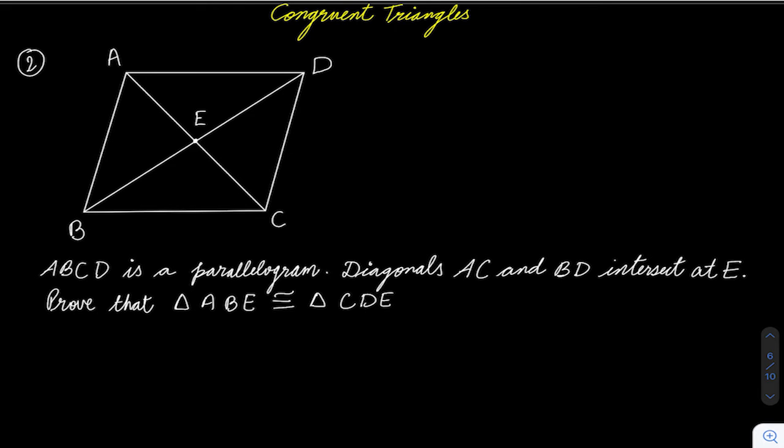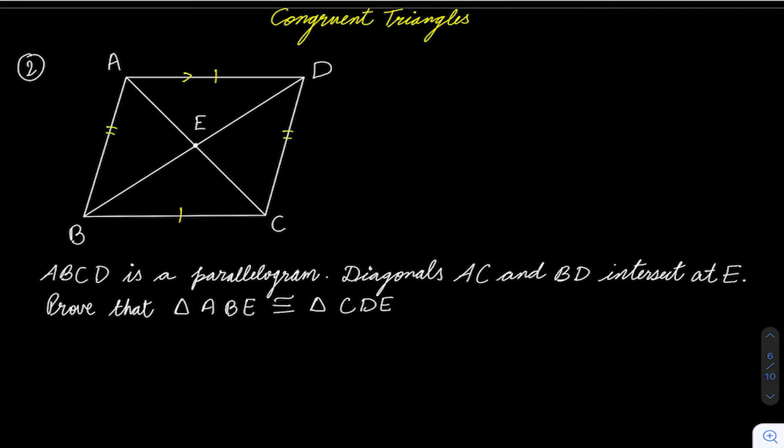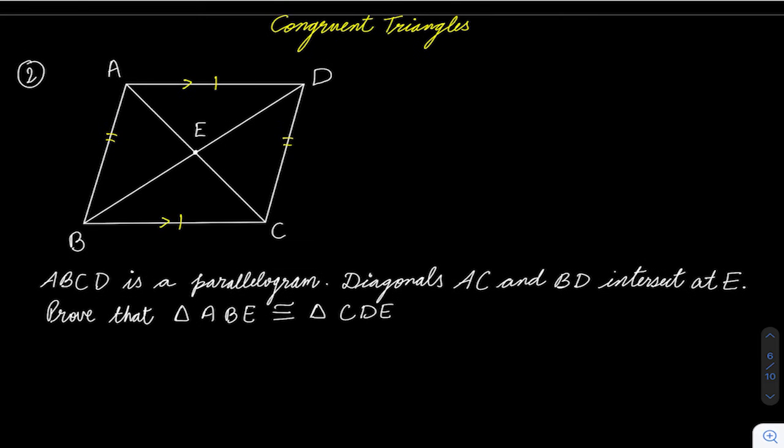What I do in these kinds of questions, whenever you are solving questions based on similar or congruent triangles, is first mention all my information in the diagram. So ABCD is a parallelogram. What does this mean? It means opposite sides are equal. So AD is equal to BC, CD is equal to AB, and the opposite lines are also parallel. So this is parallel to this, and this line CD is parallel to AB. So this is all my information that is given. First I write this in the diagram and then I will think about the triangles.